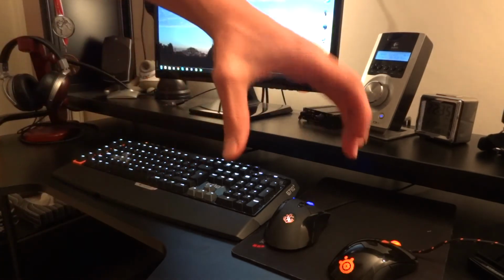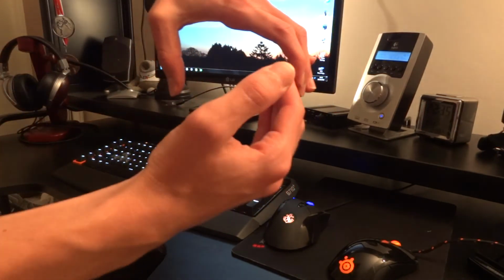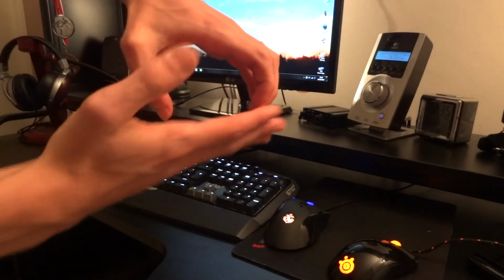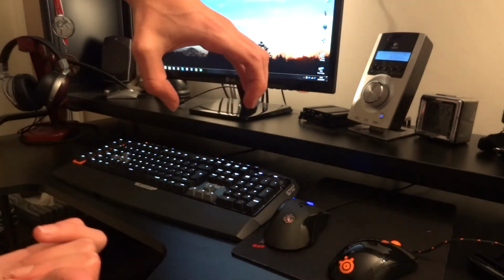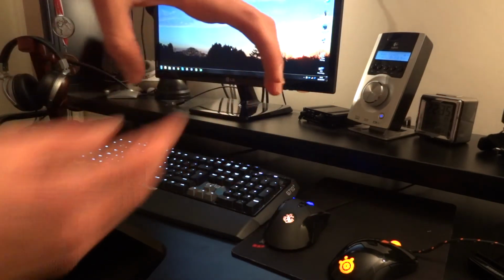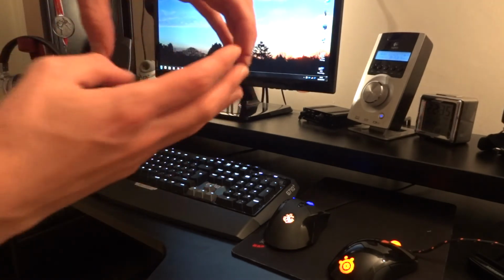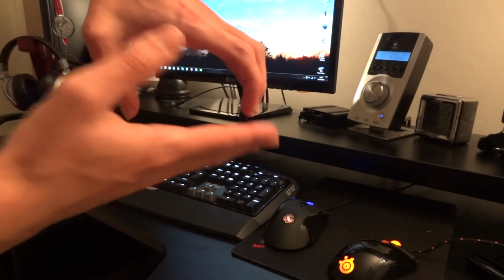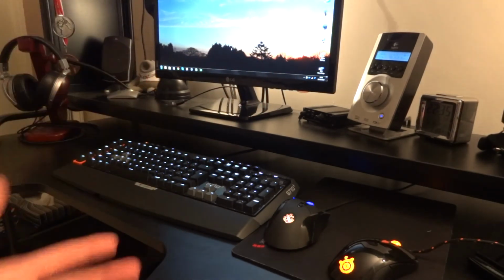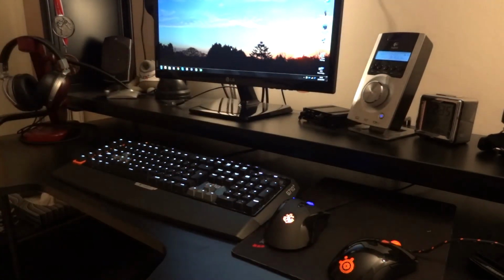So I have 4 ports which are grouped together on my Asus Sabertooth Z77, and when I plug it in any of those, when these are connected all together, some problem occurs. But if I plug one of these in the front port, the front USB 2.0 port, I have no problems. Or if I plug these one or the other in a 3.0 port at the back of my PC, which is located underneath these 2.0 ports, I have no problem. So it's something to do with the communication between a USB, and basically the Sensei Raw mouse causes problems, and